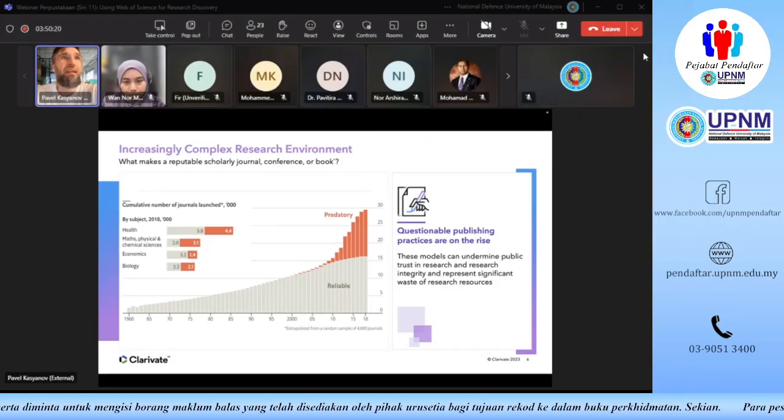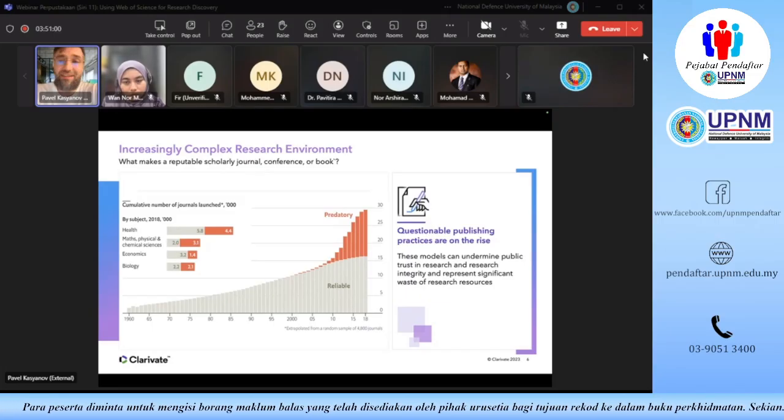And the reality is that there are a lot of reliable journals. And if we take a random sample of them, we're definitely going to find some. But more and more, and you can see this on this graph right here, more and more in recent years, there has been a problem of predatory journals, which are mostly open access type of journals. So we can talk about that as well today. Those are normally the journals, I mean the predatory journals, that can publish absolutely any rubbish as long as the author pays for it.